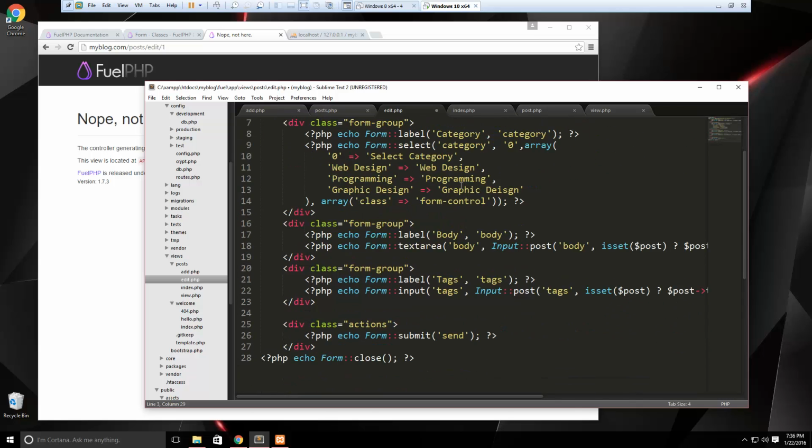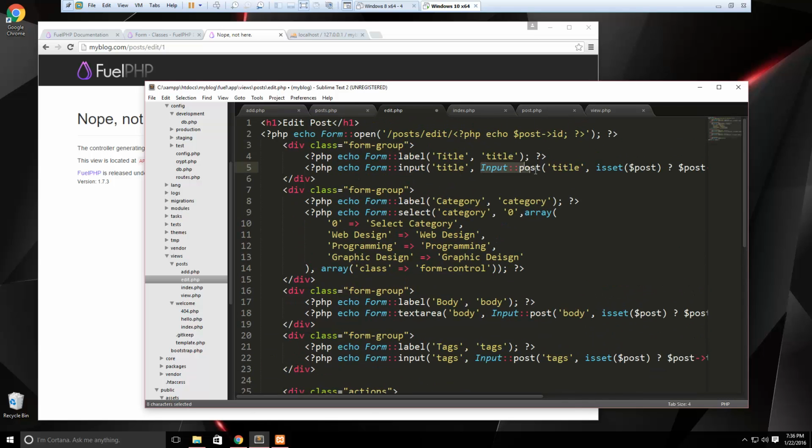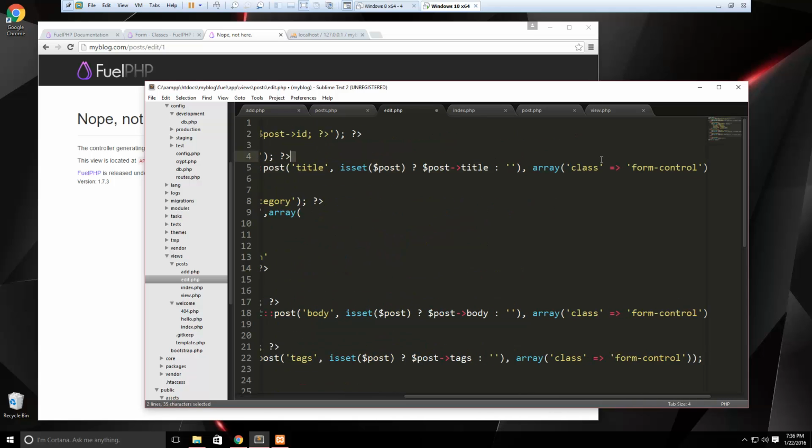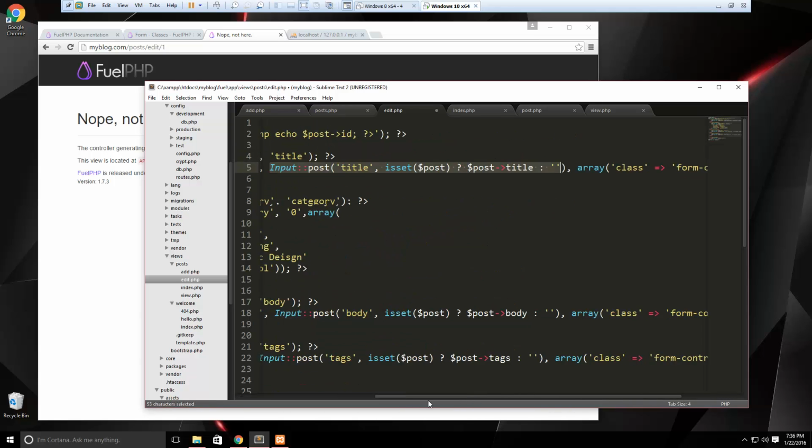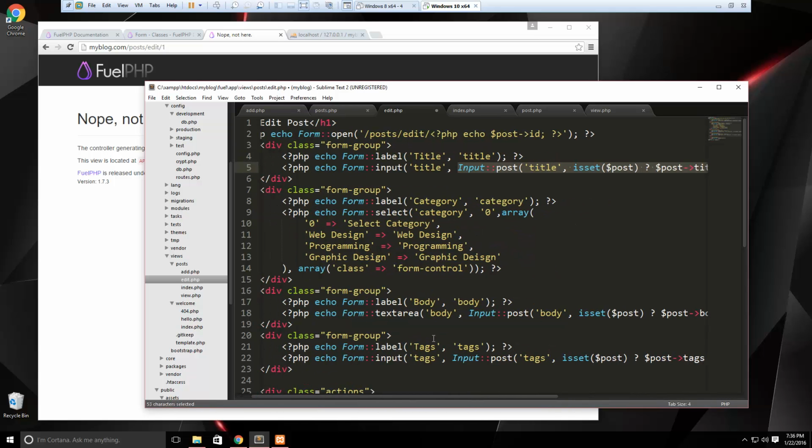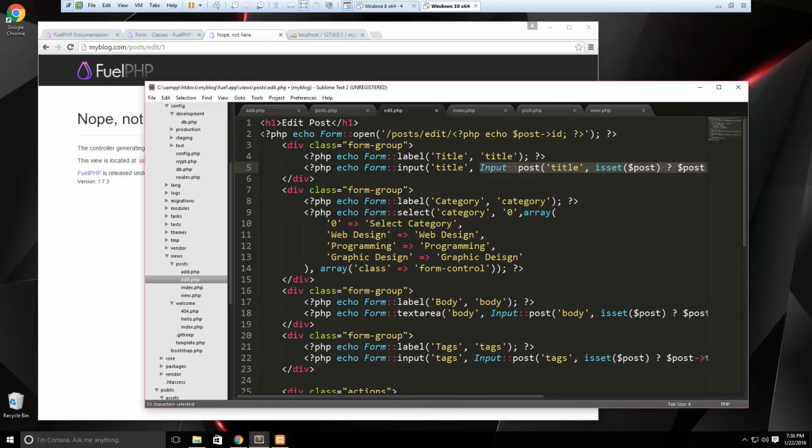And everything else can stay the same since we have this piece of code here, this input post. It should put whatever is in the database. It should pre-fill the form. Only thing we have to do is with this category, we want to change this from being 0 to being